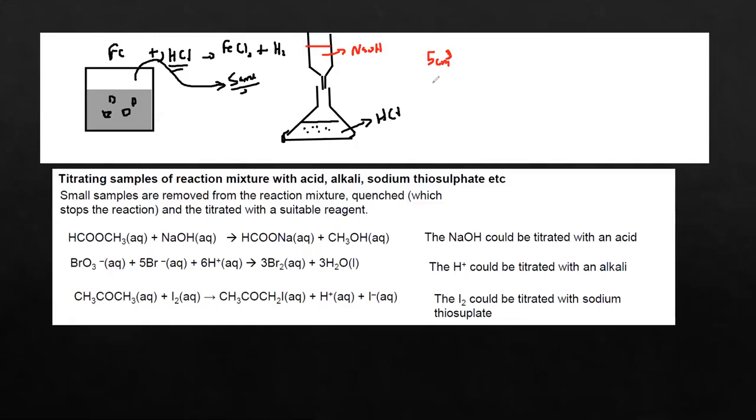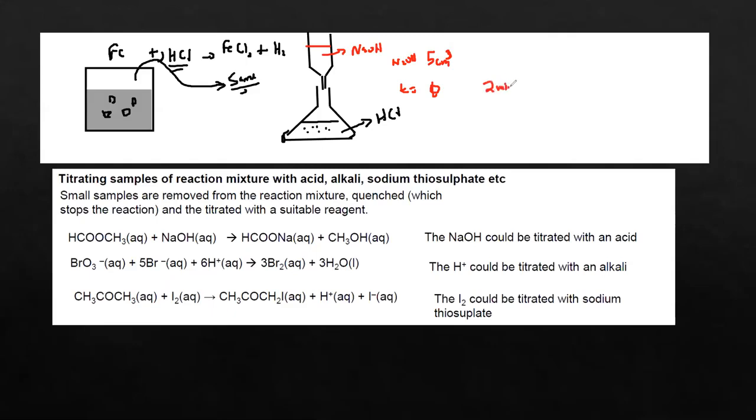When you take out the sample at the very beginning of the experiment, time is equal to 0, and sodium hydroxide was 5 cm cube. Then after another 30 seconds, or normally 30 seconds is not practically possible to do all this, so for example after 2 minutes,